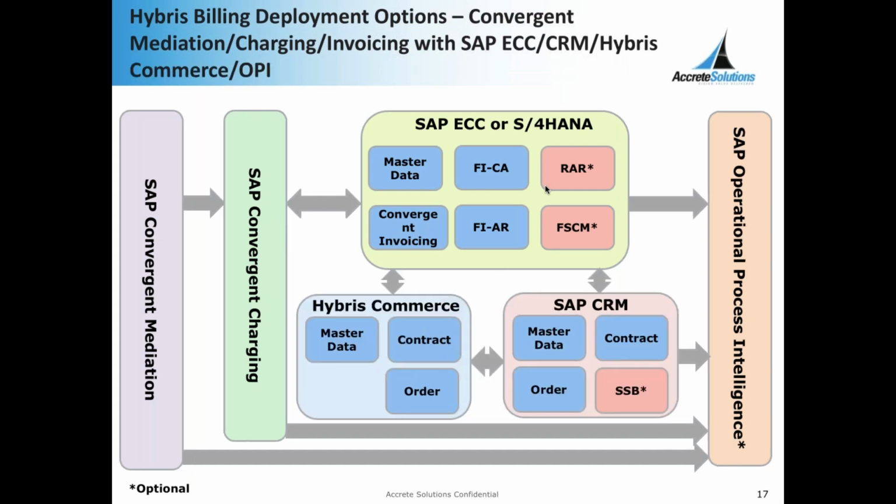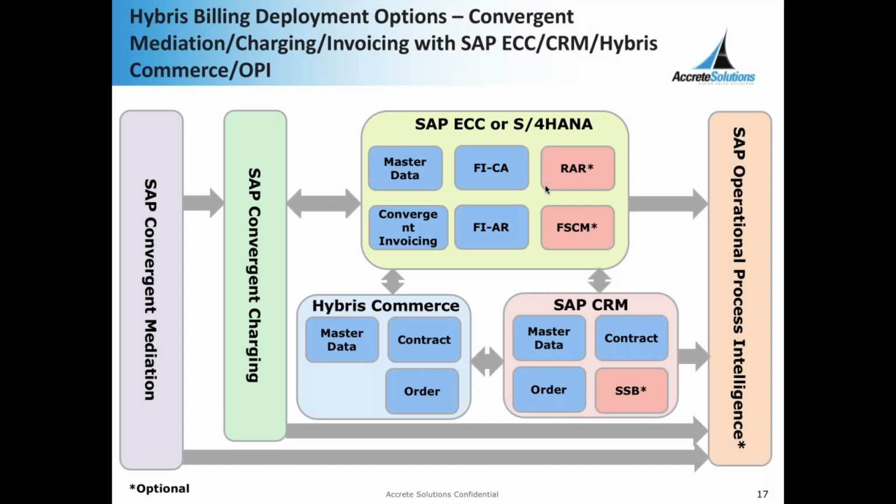Now you could have a complete digital solution here where you can have Hybris Commerce also included, wherein you can order the products online and perform self-service of the subscriptions or the contracts, and also view the invoices online as well. So here the physical product is being ordered through an order, and the contract or a subscription is being used for subscription services, and both of them can be